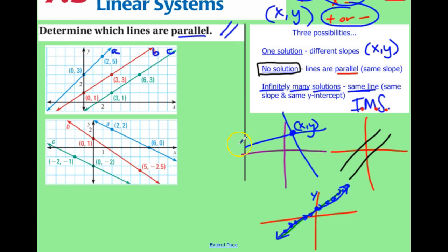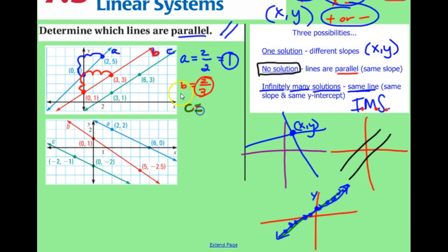So first let's start with line A. From here to here, we're rising 1, 2, and running 1, 2. 2 divided by 2 is just 1, so our slope is 1. The second line, line B, our slope from here to here, we're rising 1, 2, and running 1, 2, 3. So that's 2 over 3. And then line C,